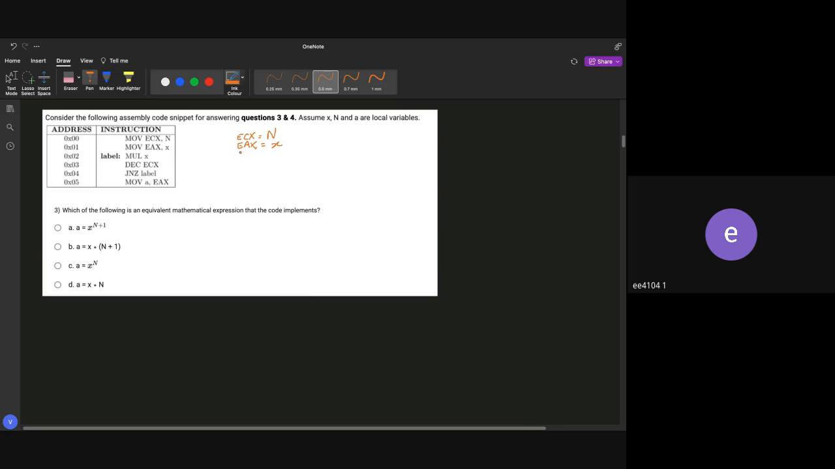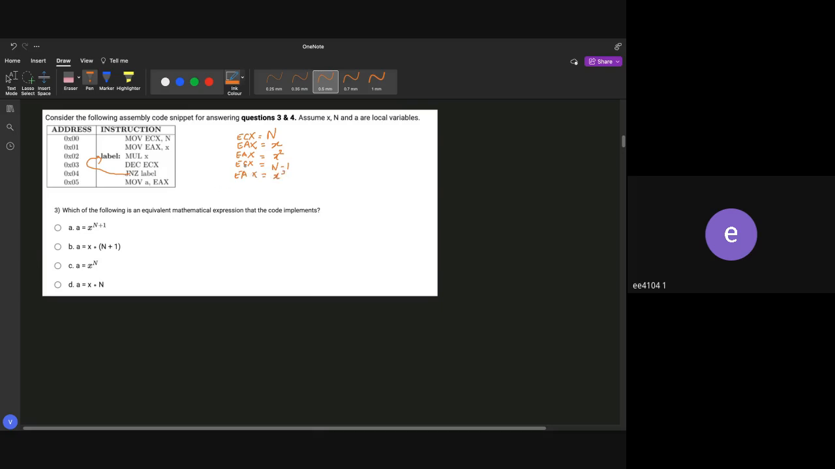So EAX is equal to x square. Now it says to decrement the ECX. So ECX will be equal to n minus 1. Now it says when ECX is not equal to 0, jump to this label. So it will go again to this particular label. So again, all these instructions will be performed one by one. So again, EAX will equal